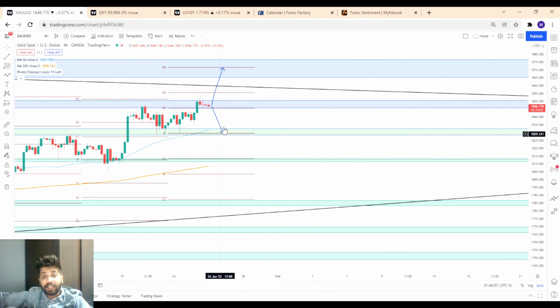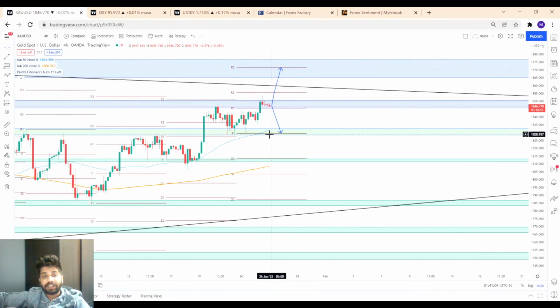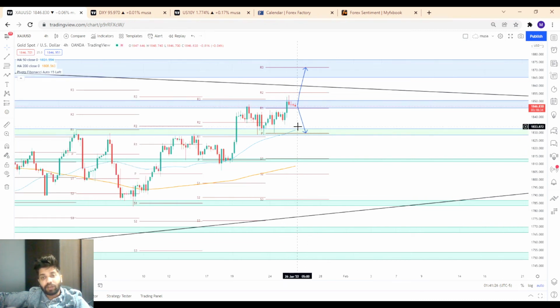Unless and until the price of gold closes below the 1830 level, I will not say that gold has started its downward move, because 1830 is considered the main resistance depending upon the current situation. If the price reaches 1830 again and takes support, it goes up. On the flip side, the price reaches 1830 and the sellers turn out to be very strong at that moment, and depending upon the news in the world, it can break and go further down. We know that when gold starts to move, it can go down a considerable amount, or it can go up a considerable amount.